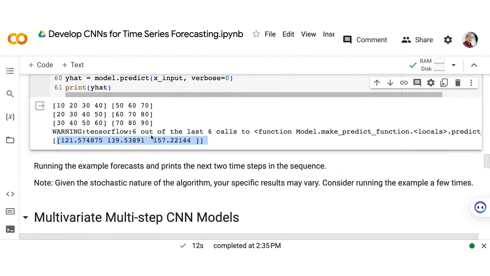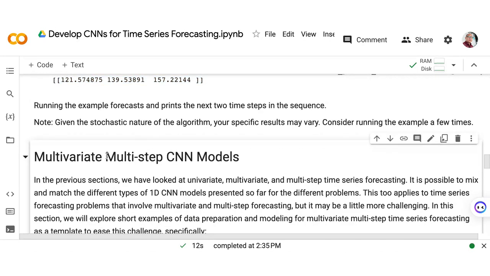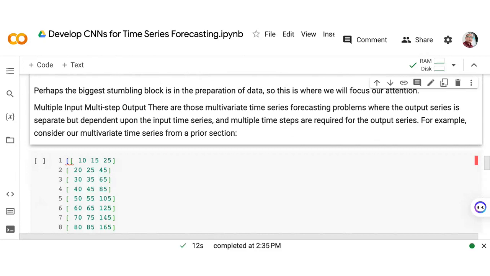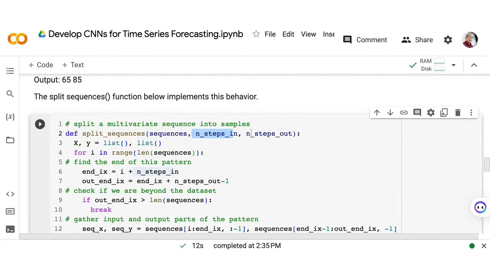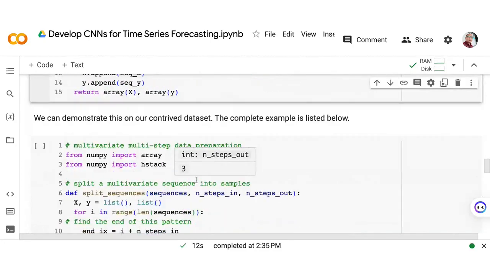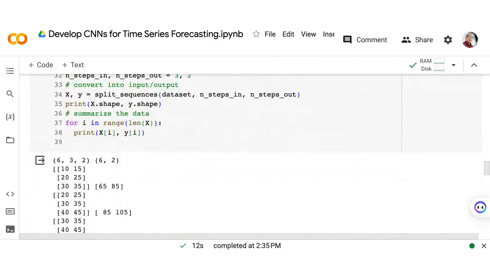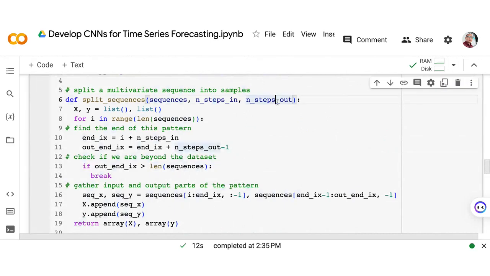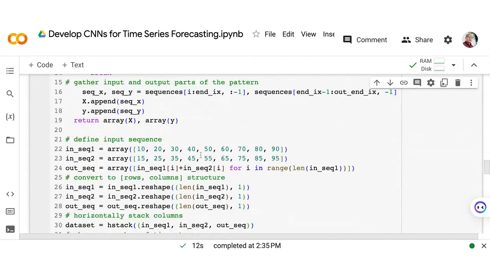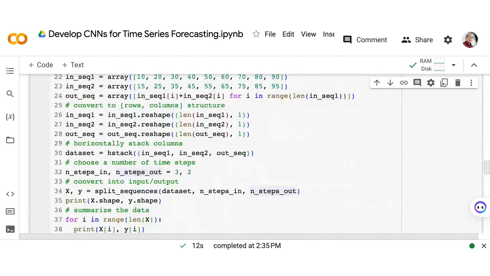Okay? So that's only for univariate. What about multivariate, and we're expecting a multi-step output? To do this, as you can see, we still need the number of steps in and steps out for the sequence. And then what else? What else do we need? Just like that, no? Just the number of steps in and the number of steps out. It should be noted here how many steps in and steps out we have.